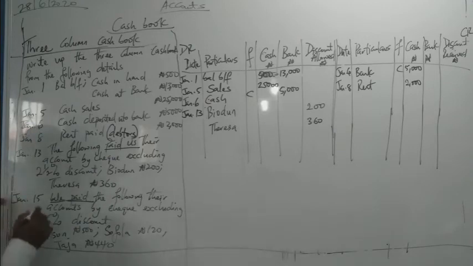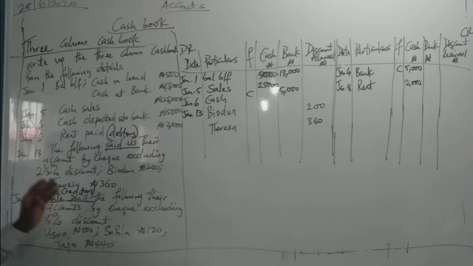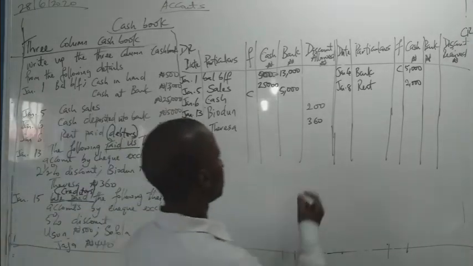So who are we paying to? We are paying to our creditors. And who are those our creditors? Unson, Shofola, Jaja. They are our creditors. So what are we going to do now? We will now need to, discount received from our creditors is known as what? Discount received. So we'll come here,